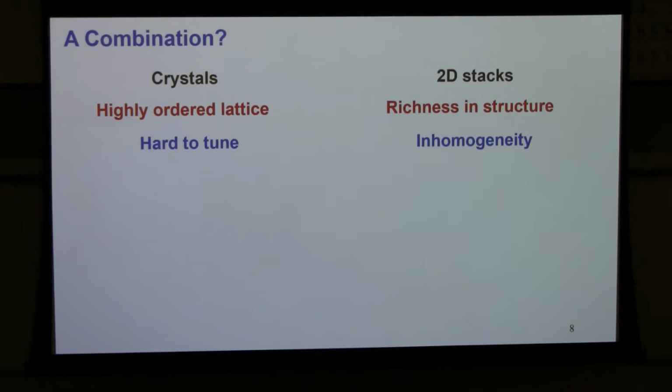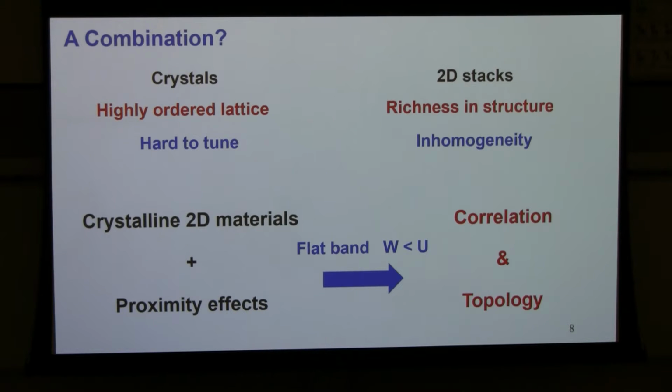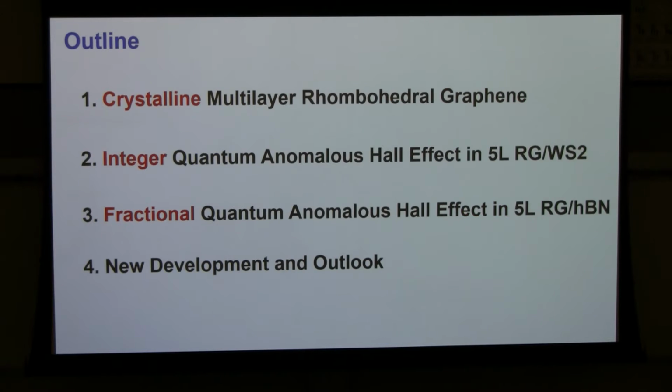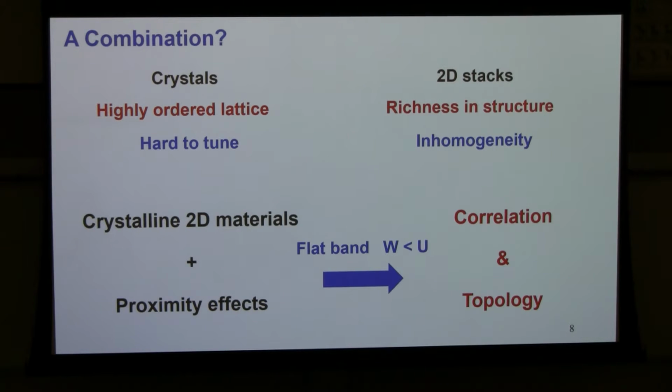That's not as robust as crystals, okay? So what I want to do is to take advantage of these two systems and find some crystalline 2D materials that take advantage here, and then add more flavors to it by neighboring it with other features, for example, Moiré, and to reach a condition where I get a flat band, so I can possibly get correlation and topology, okay? So this is a general idea.